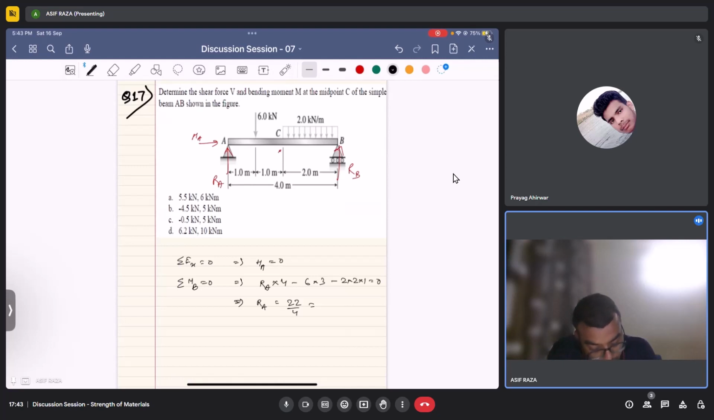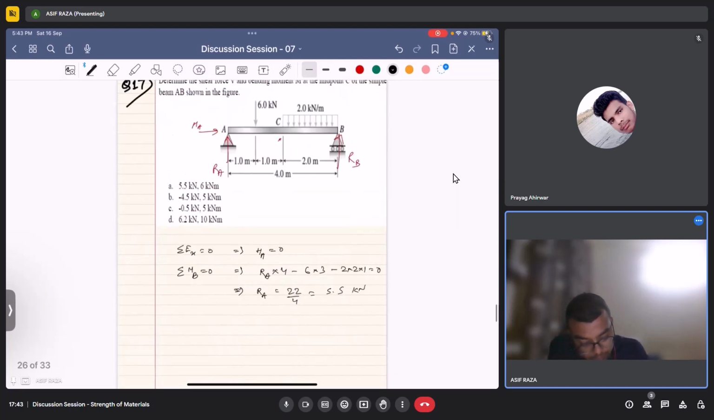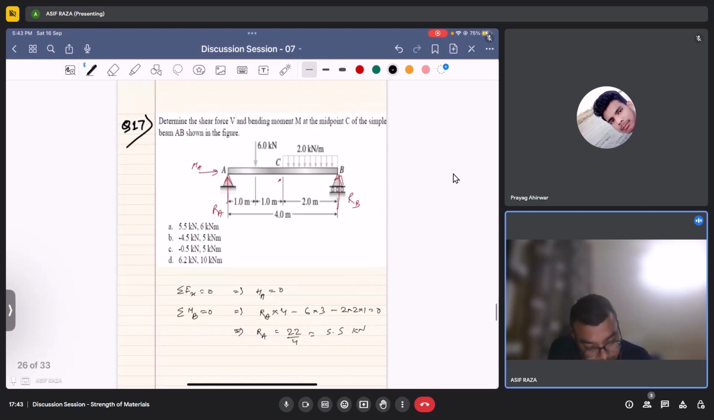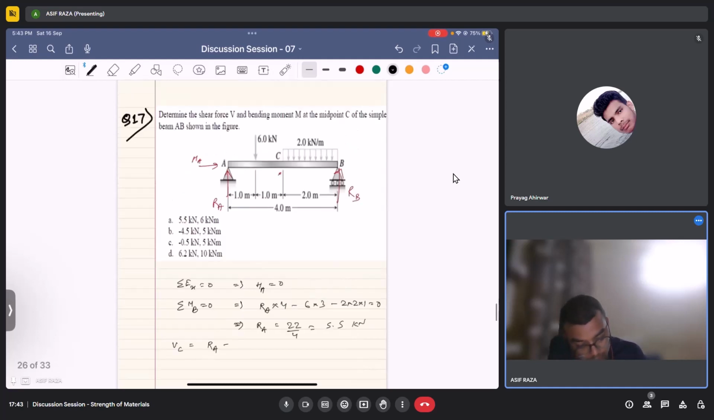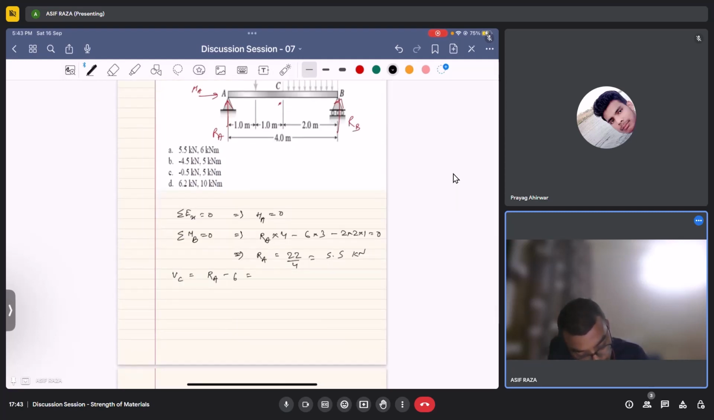So this would be around 5.5 kilonewton, right? Now let's see. What I want to have is the shear force and bending moment at C. So the shear force at C would be RA minus 6. So 5.5 minus 6, this would be minus 0.5 kilonewton,